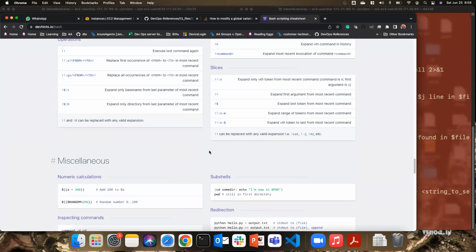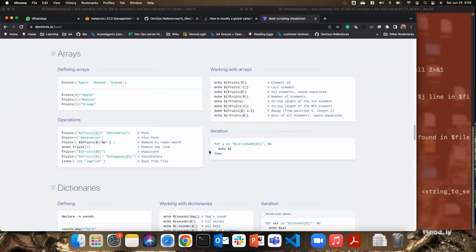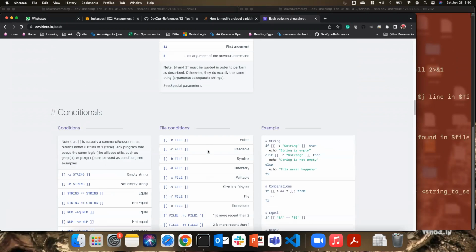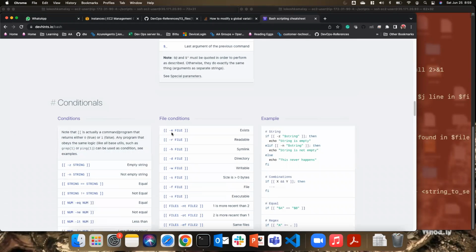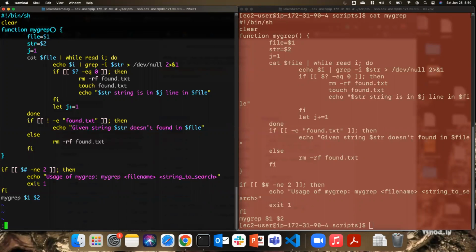One second, I'm just checking what the file operators are. Conditions here. Yeah, -e is for file only. This is right, it exists. If it exists... oh, I want it when it doesn't exist, right? I'm an idiot, so it means not exist. Okay,